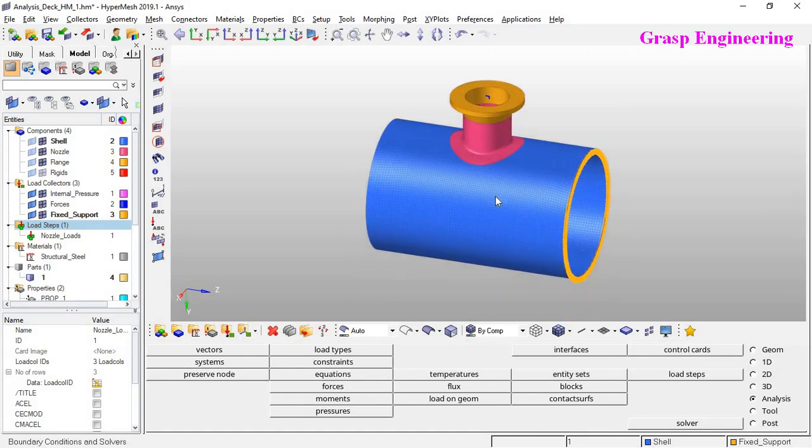Okay, already the time is quite high, so the video is becoming quite long. So what we will do now is split this video into two different parts. This is all about the first part. In the next part we will discuss how to create the control cards, and how to create the analysis file which can be used for the ANSYS software. That is nothing but your CDB file, and we will also discuss a few of the post-processing steps. So we will do that in the next part.